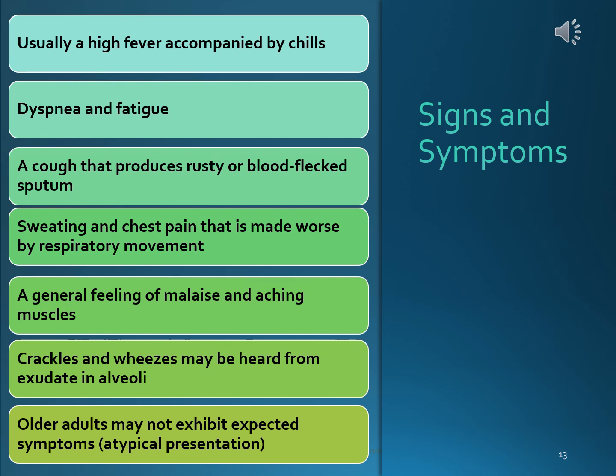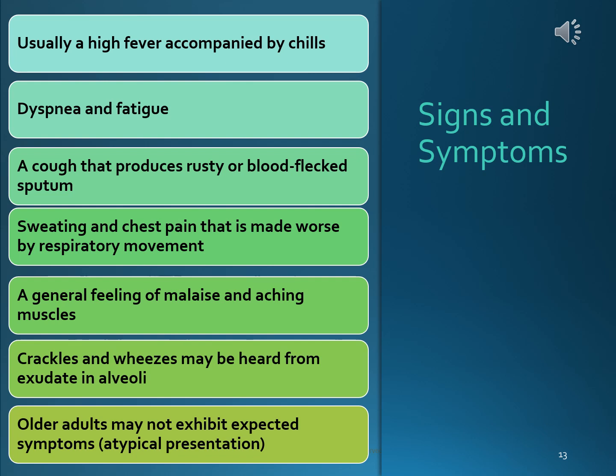General feeling of malaise, just feeling bad, achy muscles. These people can be really very sick. On physical exam, you will hear crackles and wheezes because you've got exudate in the alveoli, so there's air moving through fluid, and sometimes you'll get the exudate blocking the airways, and so you'll get the wheezes from that